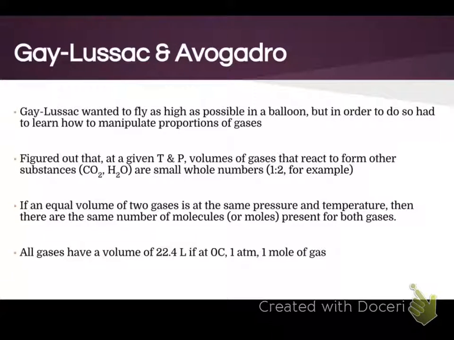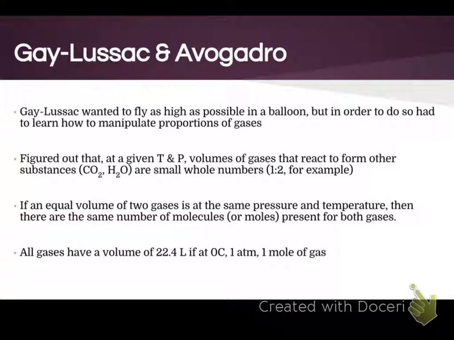The next law, so we've learned Charles' law and Boyle's law. The next one was actually sort of discovered by Avogadro, which is the same guy that we named a mole after. And basically this was a competition between him and another scientist named Gay-Lussac. Gay-Lussac wanted to hold the world record for the highest altitude ever achieved. And he actually did for about 30 years until airplanes were invented. The reason he could do that was because he learned how to change and manipulate the proportion of gases to get the right density and get the balloon to go higher.